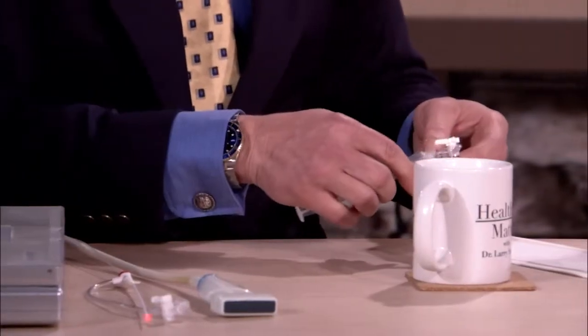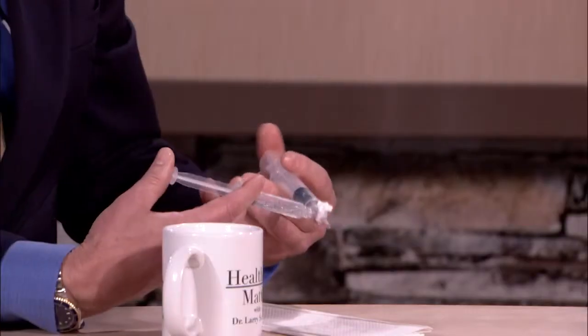And if you can't do this, then you can inject some agent to help collapse the vein. That's correct, Larry. So if the vein's too crooked or tortuous, sometimes you can't thread the laser fiber through there. So there is actually sclerotherapy, which has been around for decades, still has a place, but what's new is we take a liquid like this and we're able to